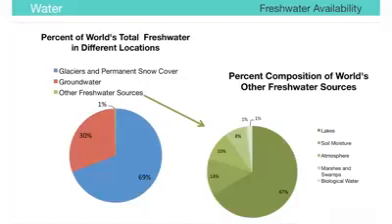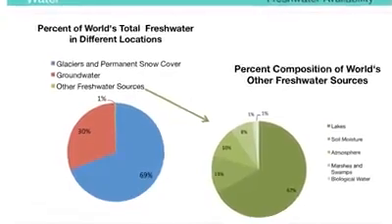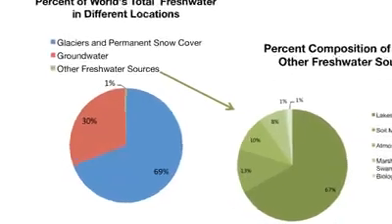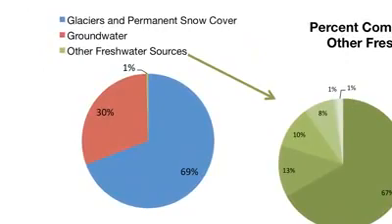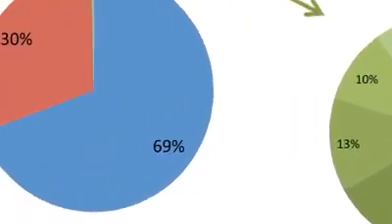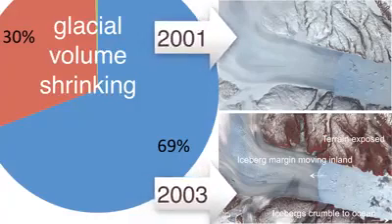This image shows the approximate distribution of fresh water in various reservoirs. At the time of creating this video, our best science estimates over 2/3 of the fresh water is in the form of glaciers and permanent snow cover. Of the remaining, most is in groundwater, and 1% of the total is estimated to be in these more or less accessible forms. We'll note that the volume of glaciers is shrinking dramatically each year, as indicated by images taken